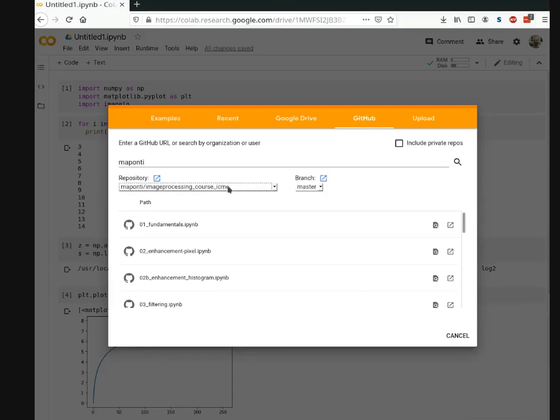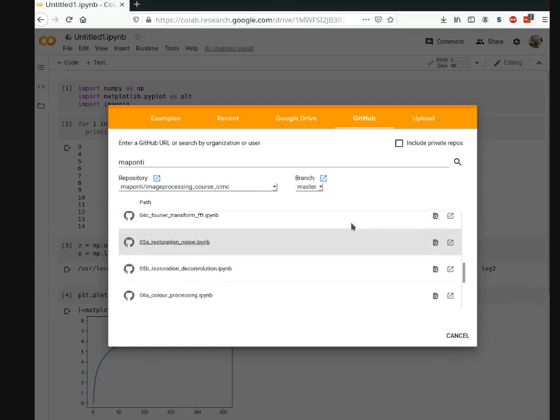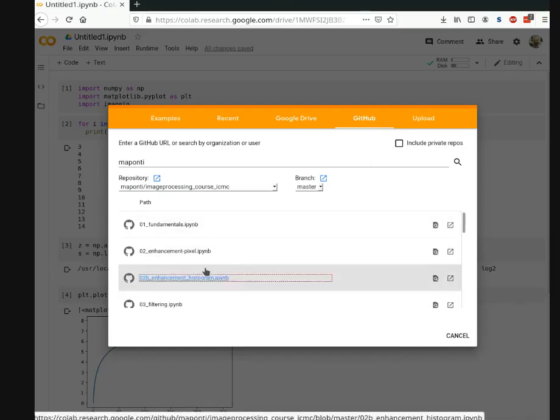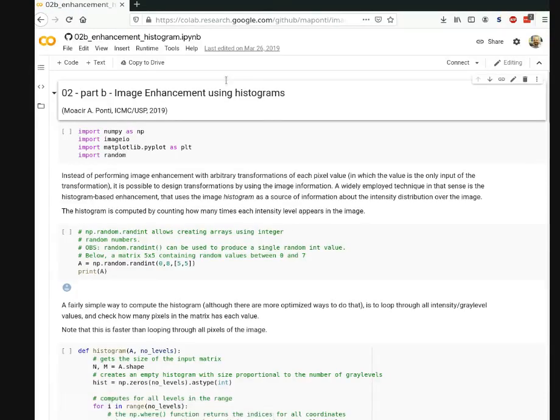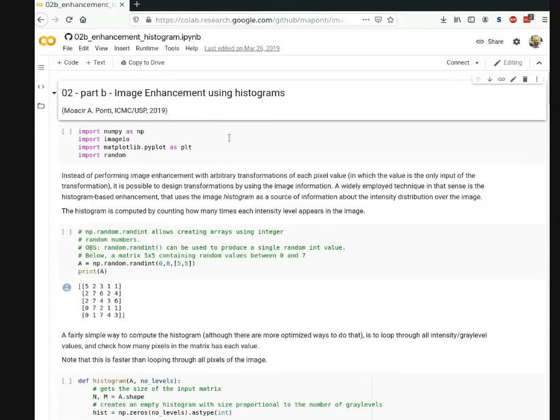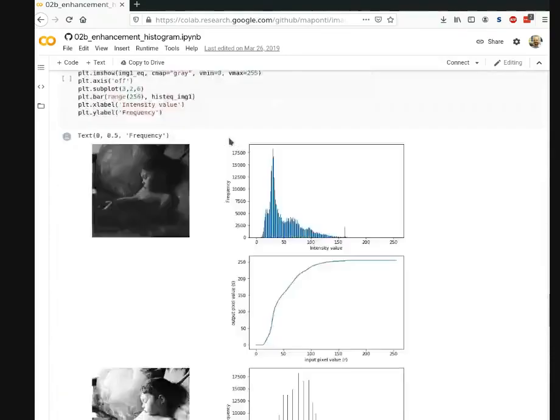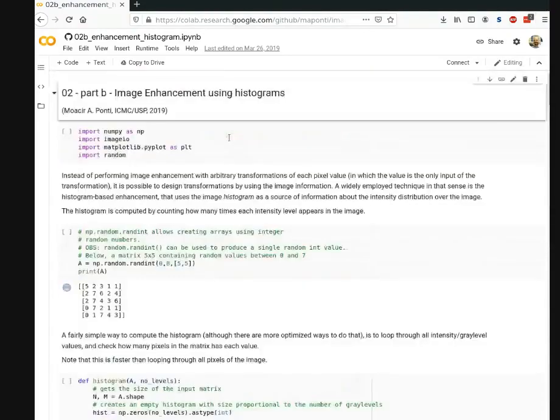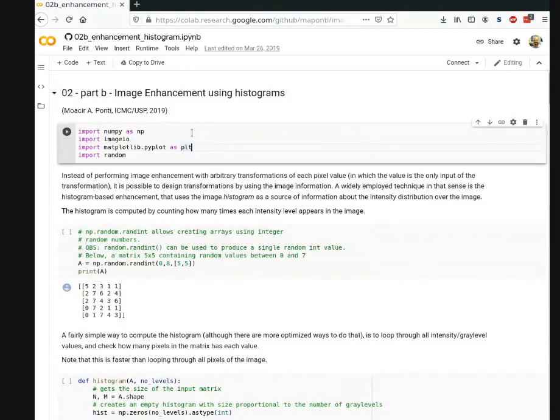The last one that I updated was the repository for our course. So it shows all the notebooks that I coded for the class. I'm going to open one of them, which is the topic of our last video, image enhancement using histograms. And as you can see here, it opens just as in the original notebook in GitHub, and the difference is that I can